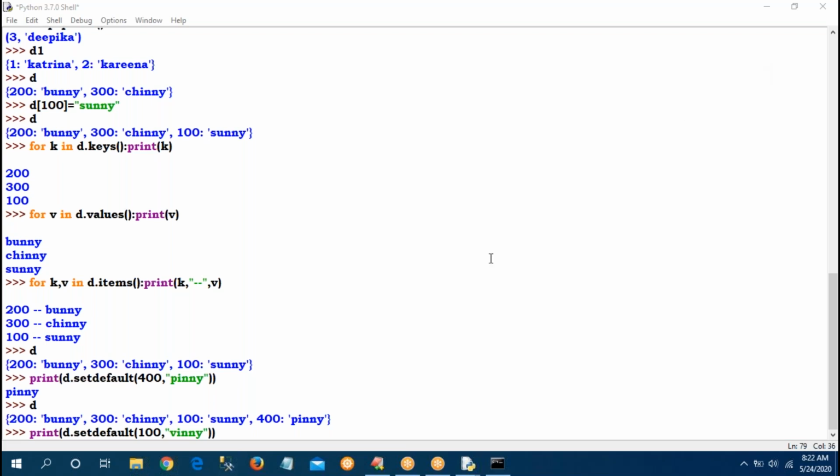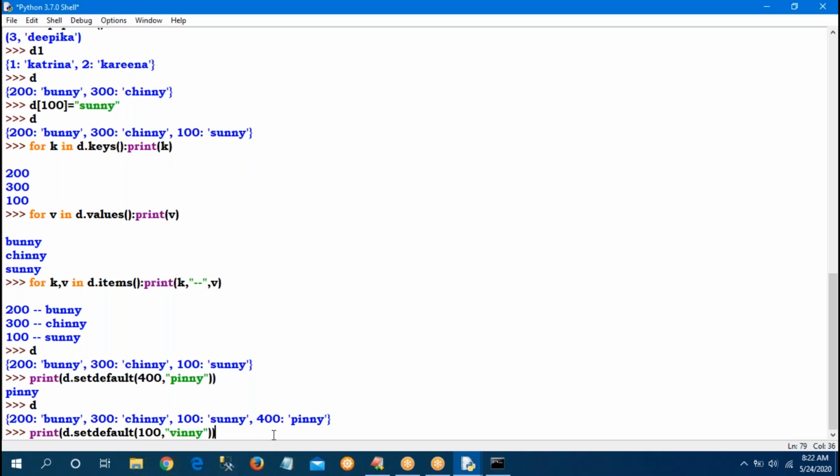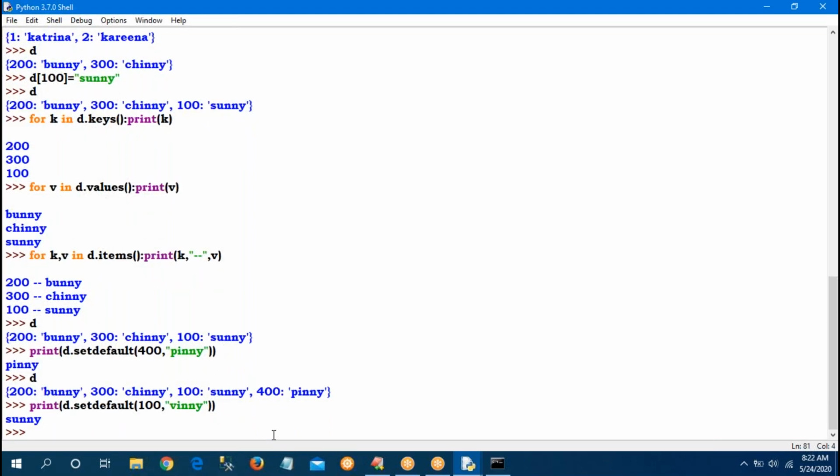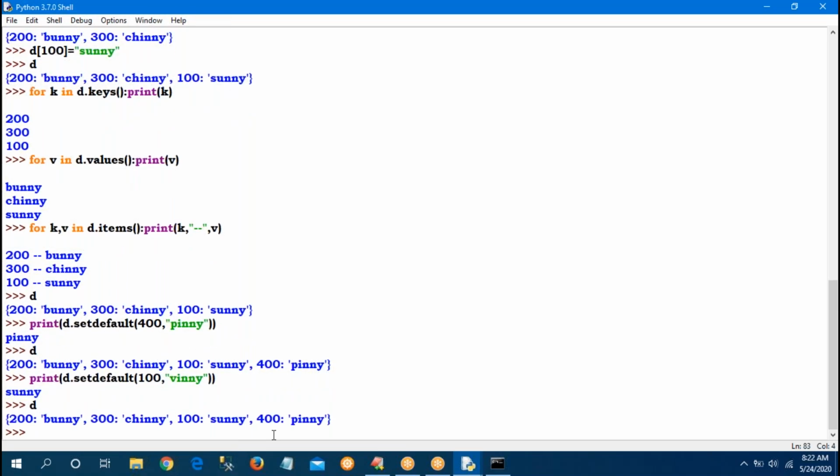Observe, if I run this, what is happening? See, what is the value of 100? Sunny will be returned. It won't do anything. Sir, what is the meaning of setdefault? If the specified key is not available, the value will be added to the dictionary and returned. If the key is already available, the associated value will be returned.